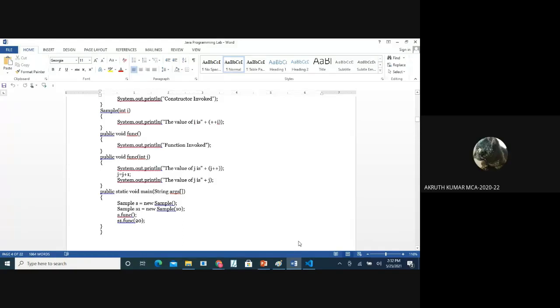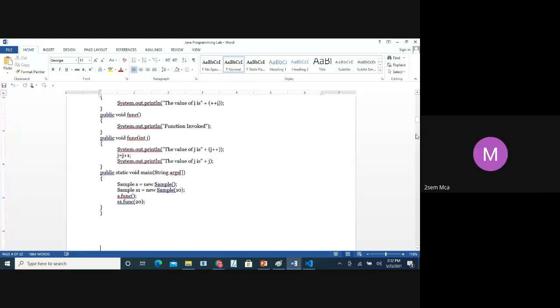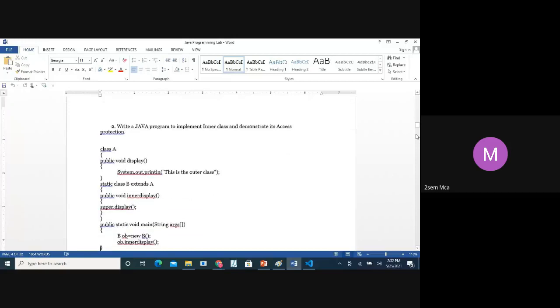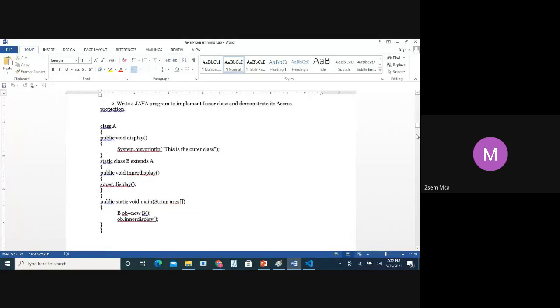Copied this program. Yes, ma'am, done with the program. Please execute today only both the programs, either online or offline. At least you should know how the output looks and how to execute it. Okay, take the second program. Copy the second program, then we'll close it. Five minutes time. Copy the second program and we'll close.